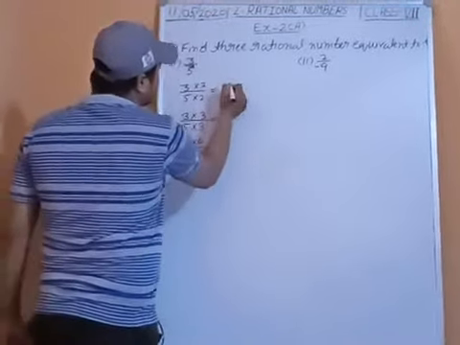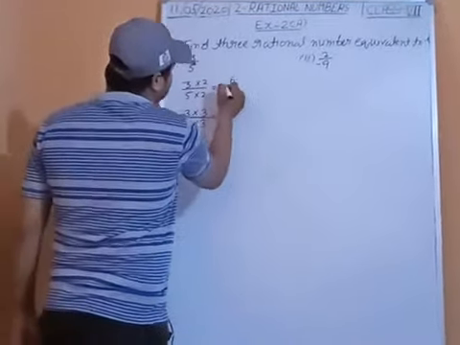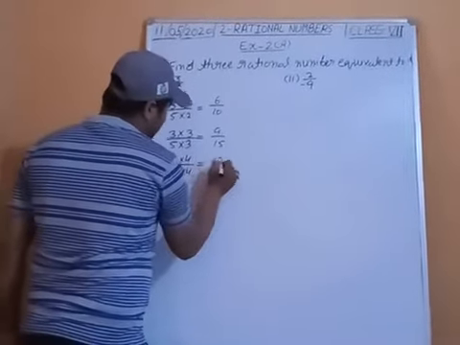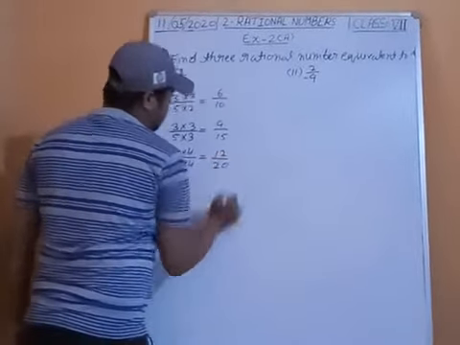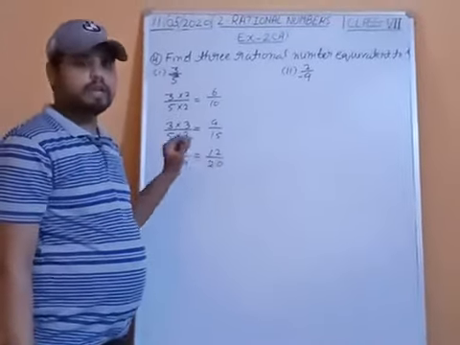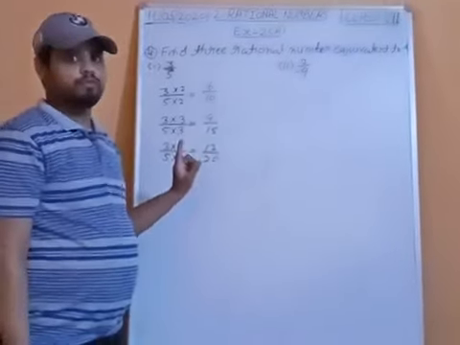So 3 2s are 6, 5 2s are 10, 3 3s are 9, 5 3s are 15, 3 4s are 12, 5 4s are 20. We can take any other integer also. That integer can be negative also. So